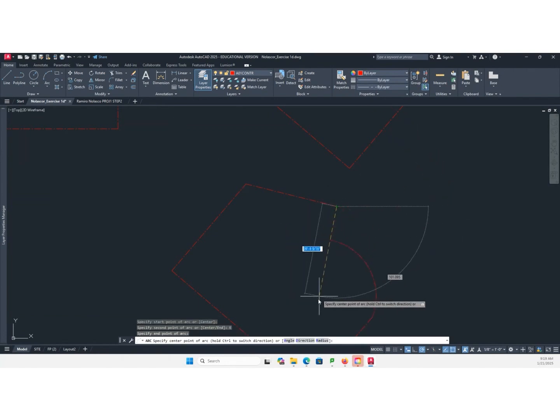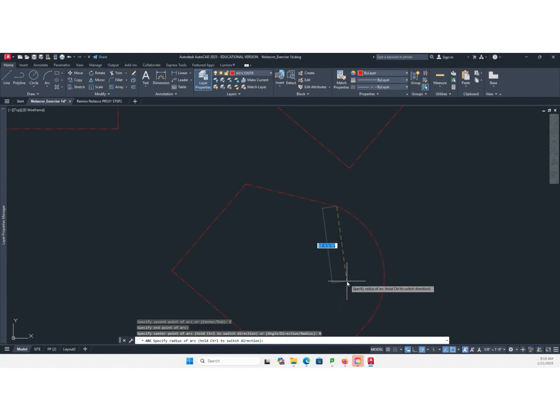And then I just type 30 when it's asking for specify center point. I should say radius first and then type 30 feet. Okay? You want me to repeat that? Sorry for my error. I'm not awake yet.